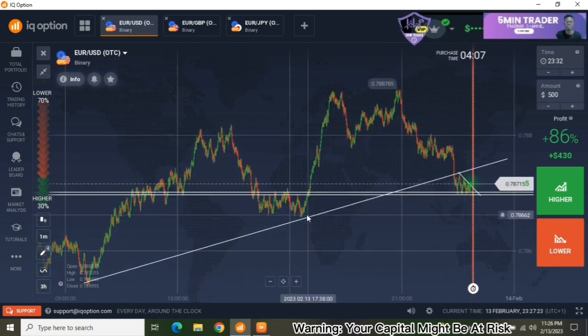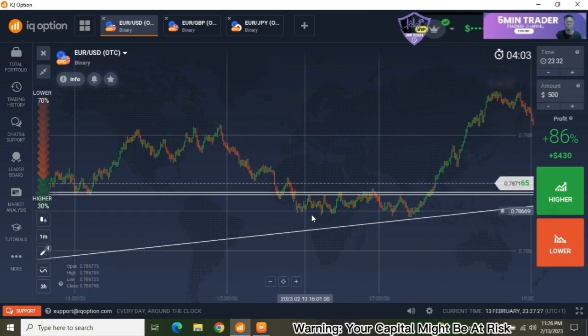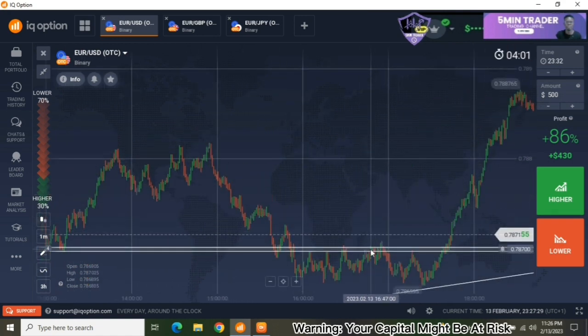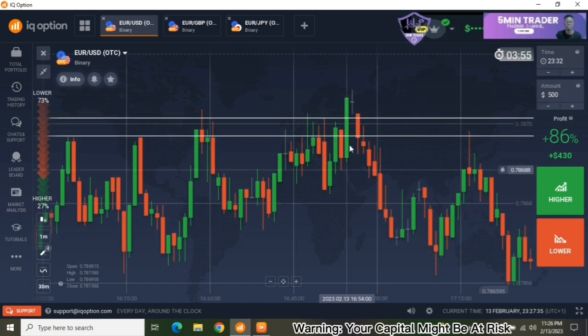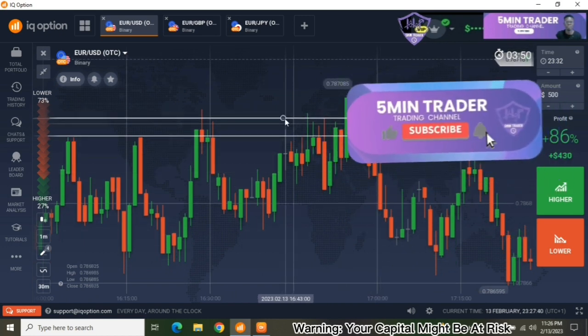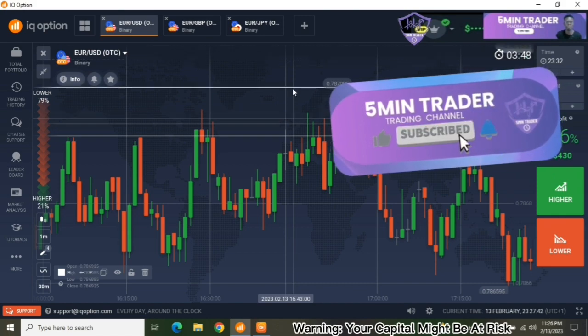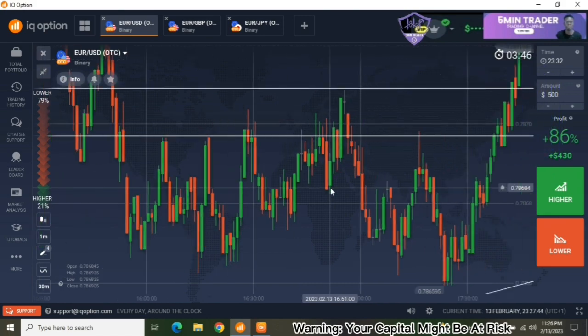It was broken here, but this is a strong area in the market. This is a strong zone in this market. I can see, let me try to get this, this is the whole zone of resistance,